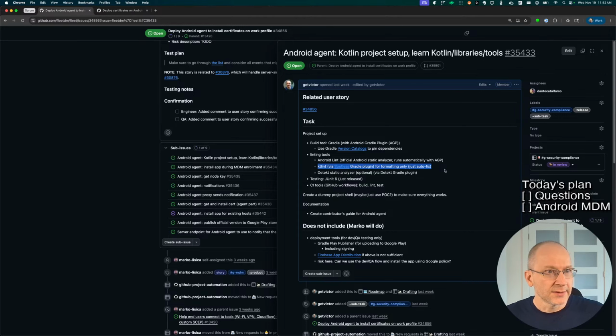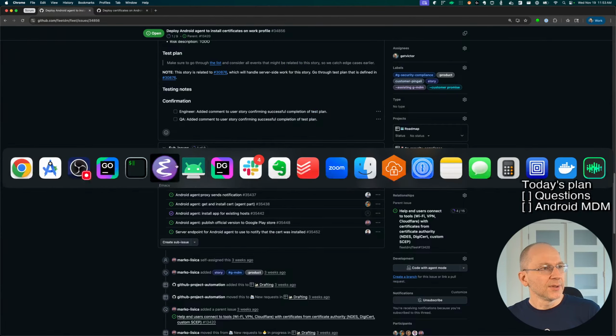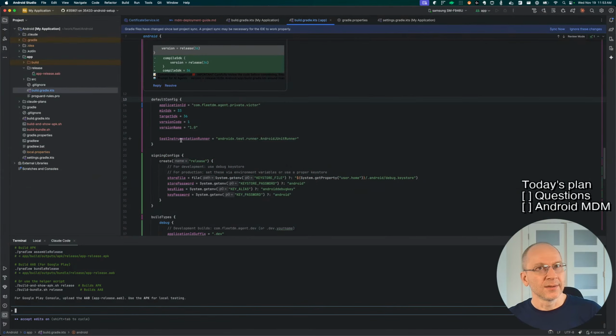I do want to add some linting here. Some linting here would be nice. JUnit 6, so we do need to add linting. We do have a dummy project with Gradle. We do need to add some linting, testing. We do want to at least have the infrastructure in place to run this. I'm getting into the details here, but